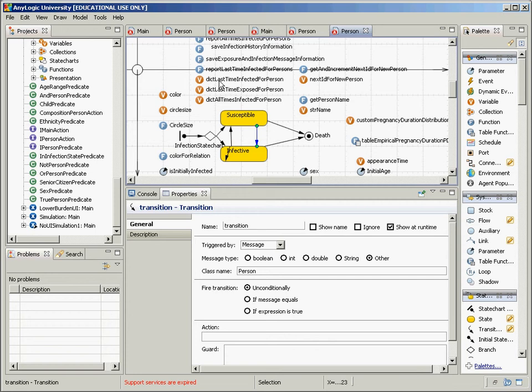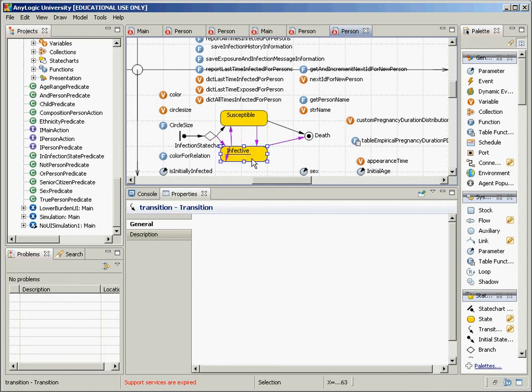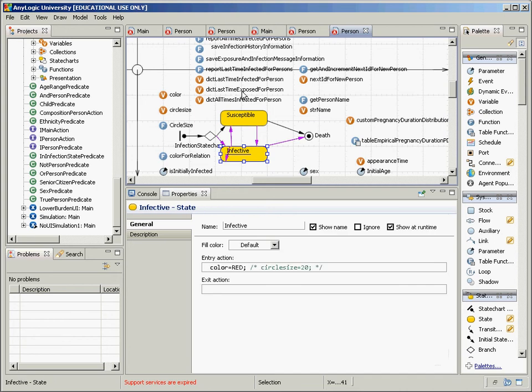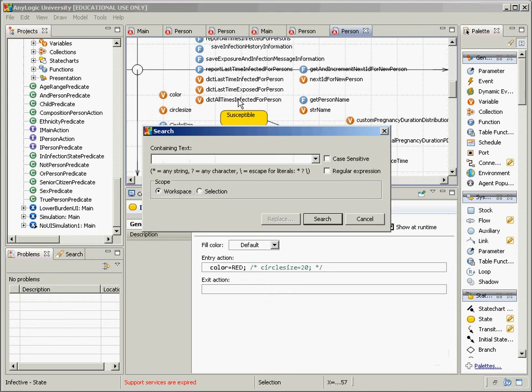One thing I'll show you is, so it's last time infected, and if I search here, any logic search mechanism will allow you to show the different pieces of it. I can do it in the entire workspace. Okay, here we go. So you'll notice it's called here, but it looks like it's not actually being used currently. To have it be used currently, I could have it right here. I could, for example, store, so when someone's infected here, in this action, I could